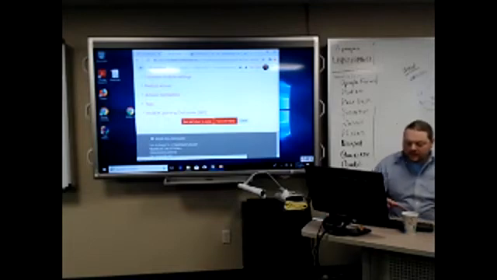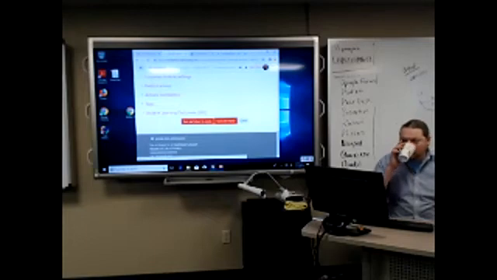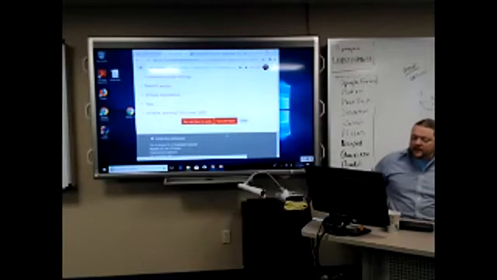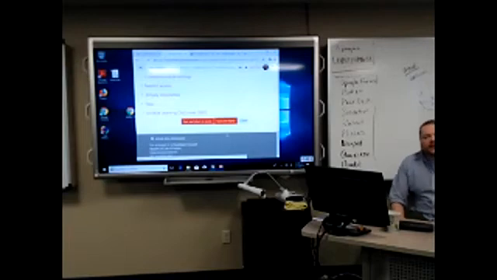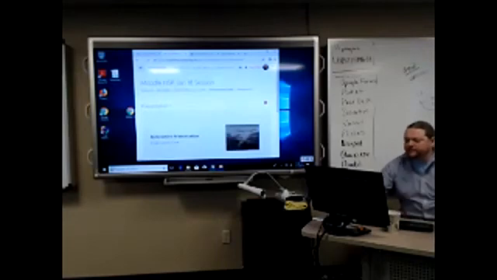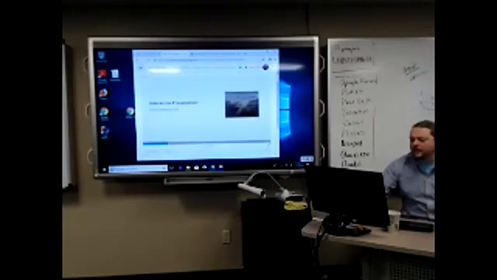It'll spin for a minute. The good thing about the slideshow as opposed to the video is it's a little simpler to set up, a little more intuitive interface. The video takes some remembering about how to do it. So this is what a student will see. They'll be able to navigate through